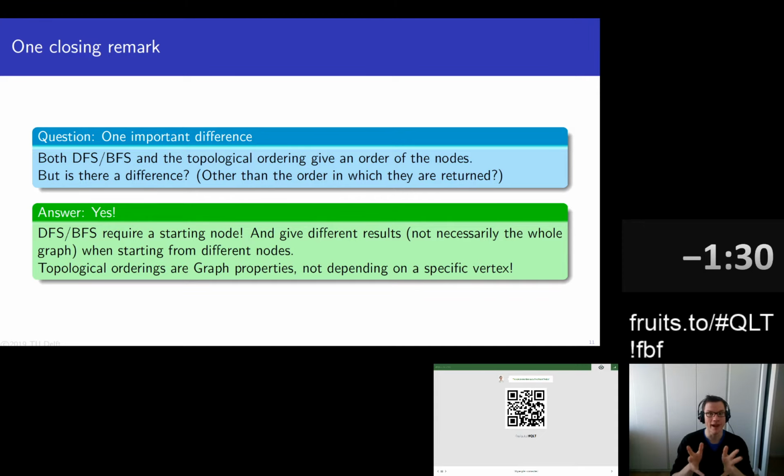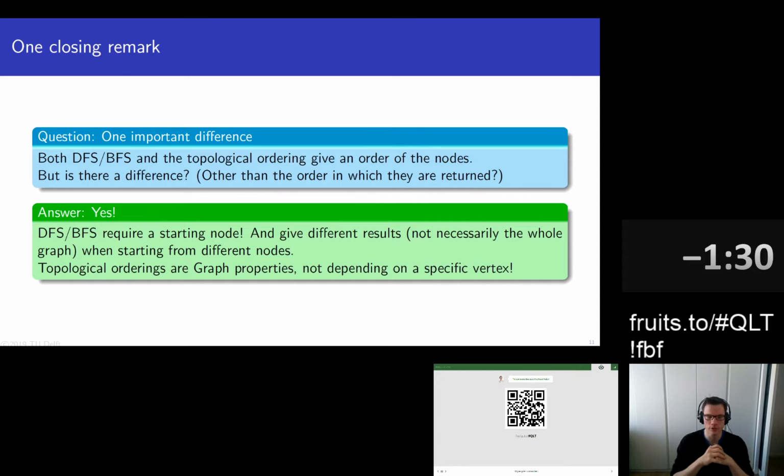Well, a DAG has one or more topological orderings, whereas from a vertex, we can do a DFS or a BFS traversal. And this might, like I said, not give us all of the vertices. Consider, for example, a simple graph that has two vertices that are not connected. So there are no edges in the graph, it's just two vertices. A BFS from this vertex will only give this vertex, whereas a topological ordering of this graph will give, well, one of two orderings of these vertices.